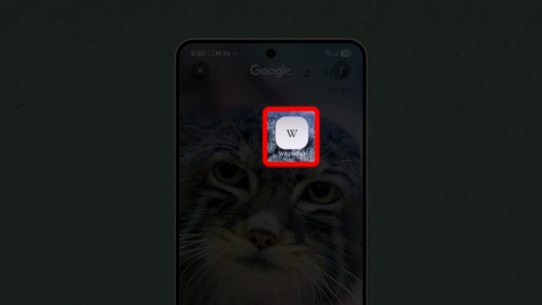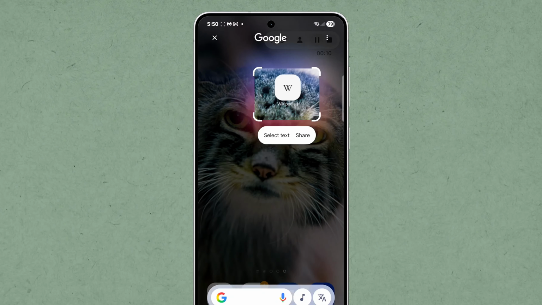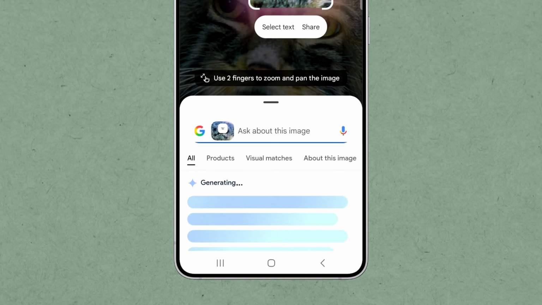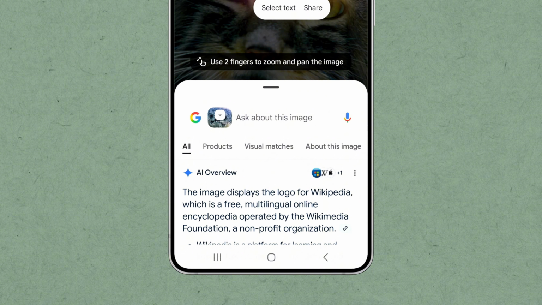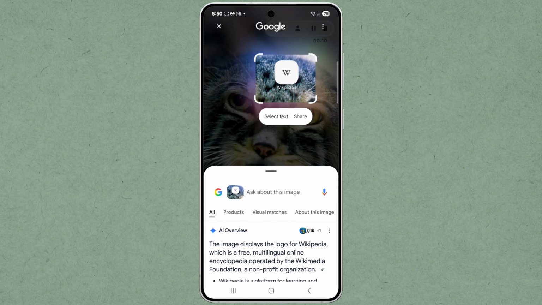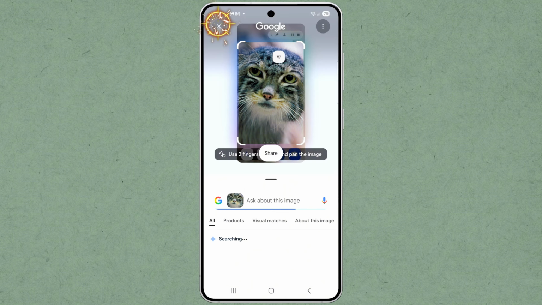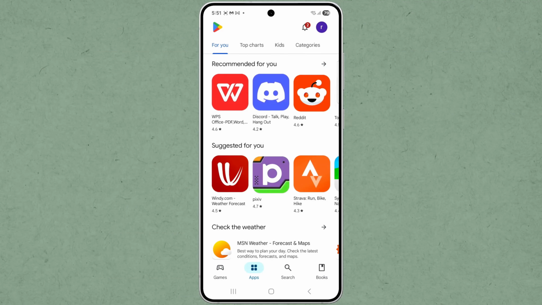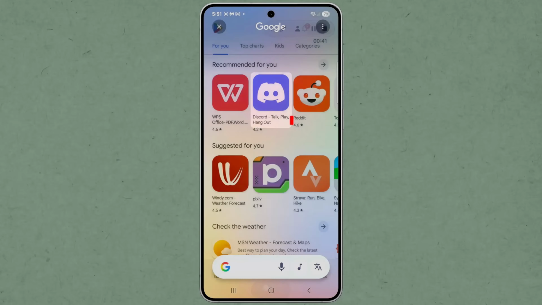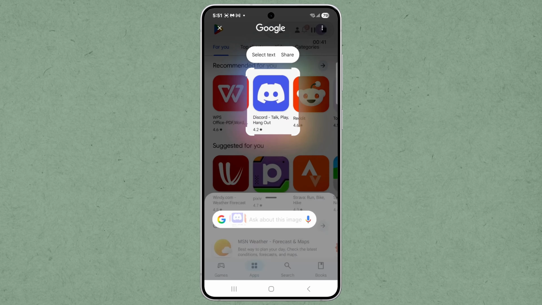Then, circle anything on your screen to search it automatically. This can be text, images, products, QR codes, or even places. Try it in different apps like the Play Store. For example, circle an app in the store for details, and you'll instantly get useful info like ratings, reviews, and